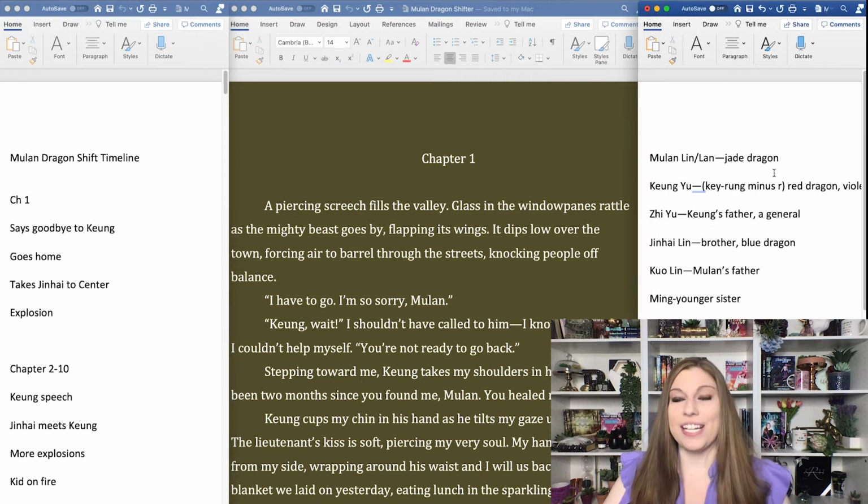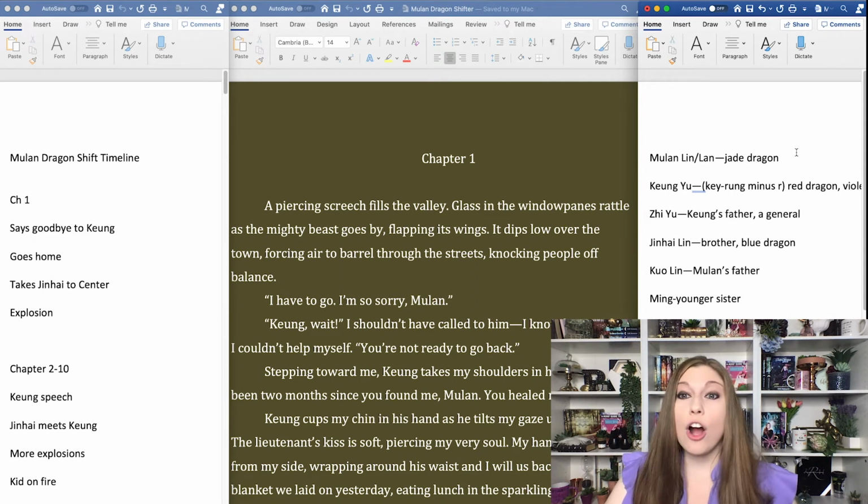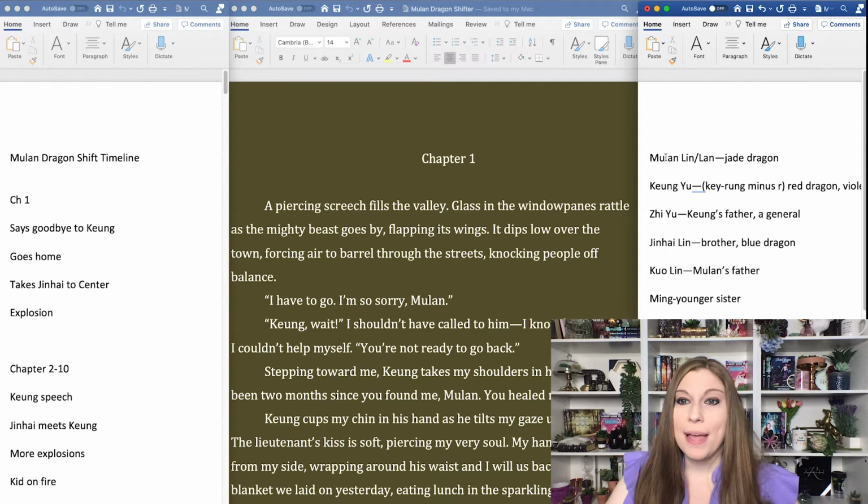Now over on the right side of my screen, I actually have my characters, and this is incredibly important. I've learned this the hard way. Anytime I introduce a new character, whether they are a teeny tiny character or a big, massive, important character, I write them down. I do organize this in terms of who's important or who we see the most. And so my main characters will all be up at the top, and I'm going to list any important details about them. Hair color, eye color, hair length, how tall they are, their specific words that they say, ways to pronounce their names if they're words that are a little bit harder to say, any family connections, anyone they're dating, any injuries that they